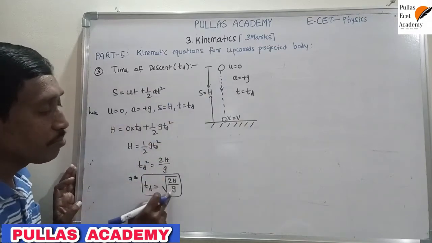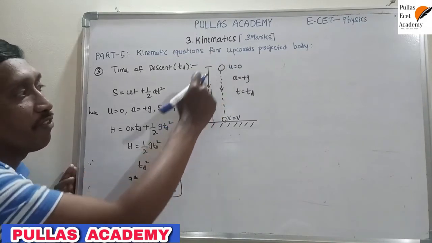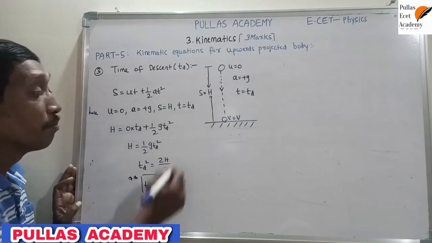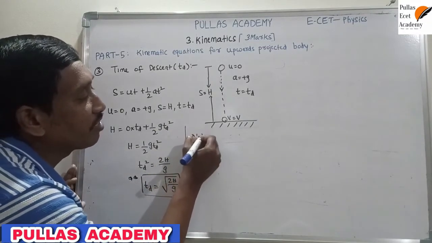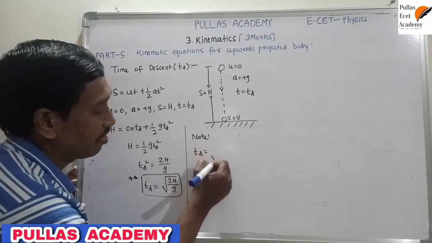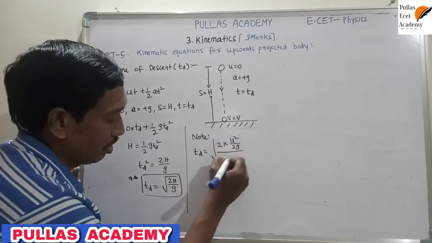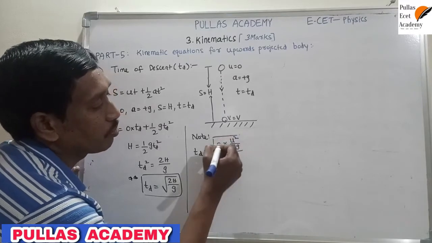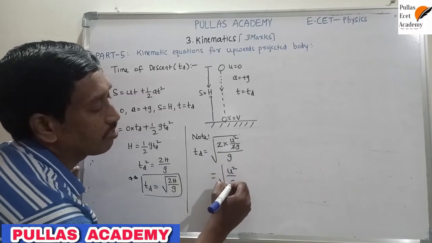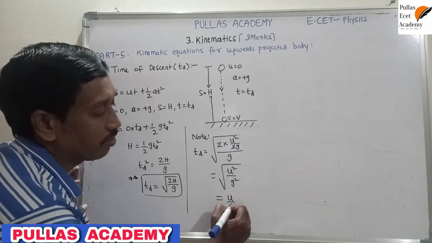Time of descent is always measured in terms of height, because for a freely falling body the known value is the height. It is dropped from a certain height, so when height is given and time of descent is asked, use this formula. But understand one point: time of descent depends upon the maximum height. We know the expression for maximum height is u square by 2g. Here the 2 cancels, so td is under root of u square by g square. That means u by g whole square, the square root cancels, and finally you get u by g.